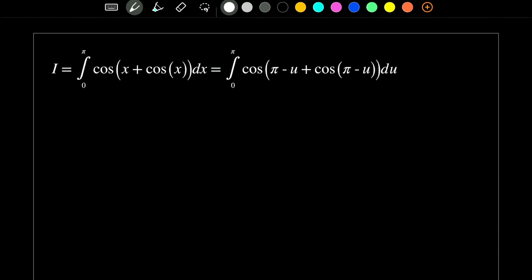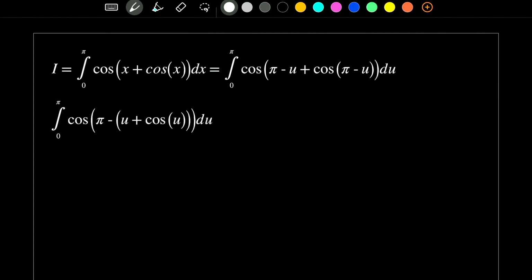So let's utilize that, and we're going to get the integral from 0 to pi of cosine of pi minus u minus cosine of u. But maybe let's rewrite that quickly, and we're going to take these minus signs and factor them out. So we're going to get this expression. At this point, we can actually apply the same rule as before, where instead of u, we actually just have a function of u. So again, we have cosine of pi minus something that would be equal to minus cosine of that. So we would get the negative integral from 0 to pi of cosine of u plus cosine of u